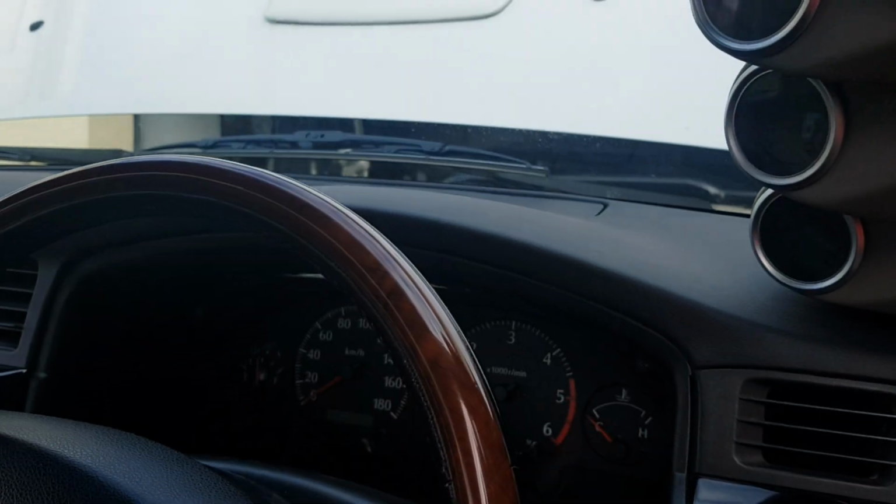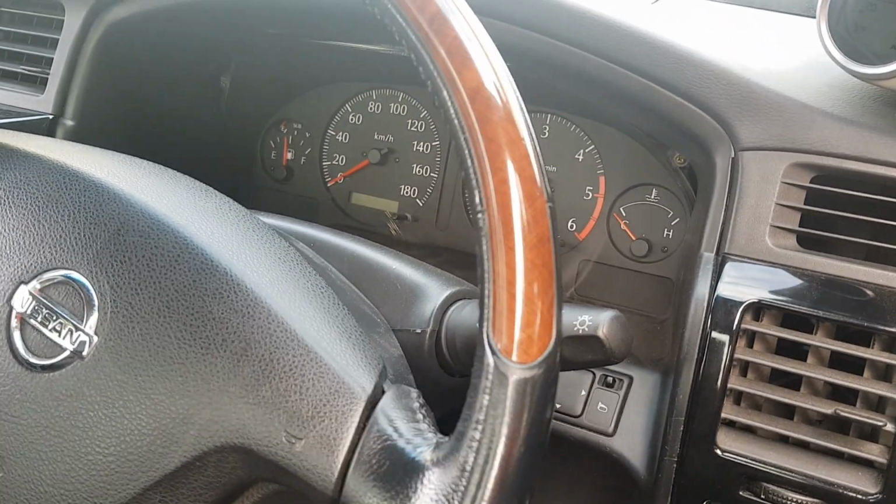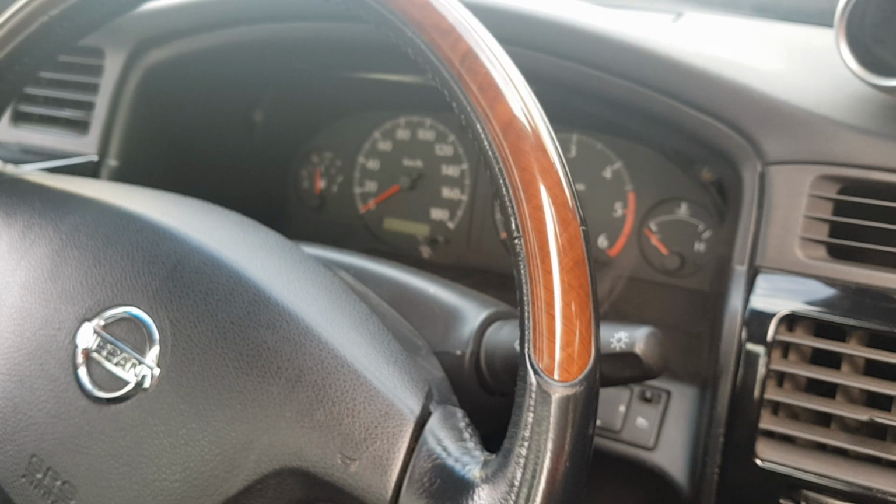Other than that, and also the rubbers that go along the top here, in Series 3 they are brown and Series 4 black, so I've changed them. Other than that,